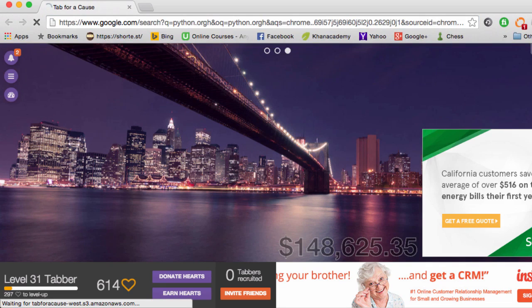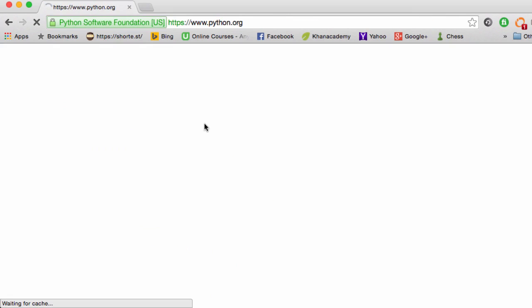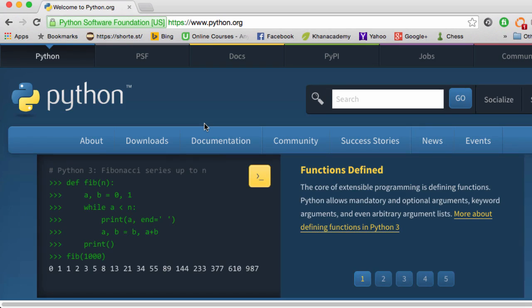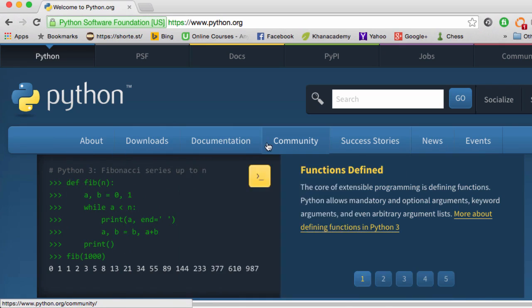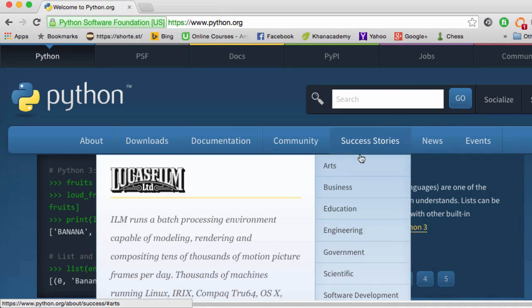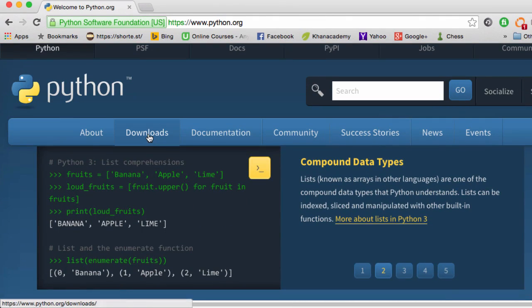What python.org is, it's basically the official site of the Python programming language. Over here you can have documentation, you can download stuff, and it's a really nice place. So I definitely suggest later on, whenever you're free, check out the site. You can check out the documentation, the community, some success stories, stuff like that. But what we're going to be doing is, if you scroll down a bit, or you can just go ahead